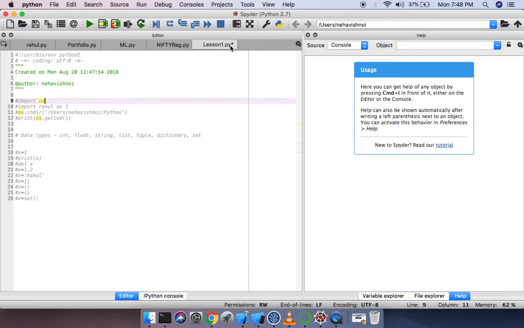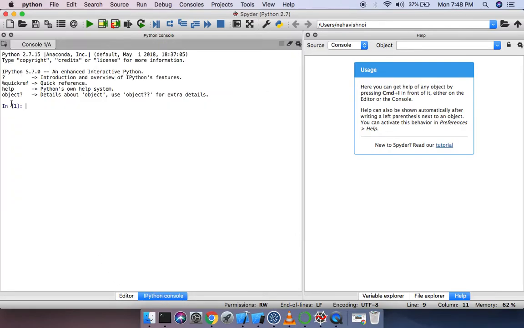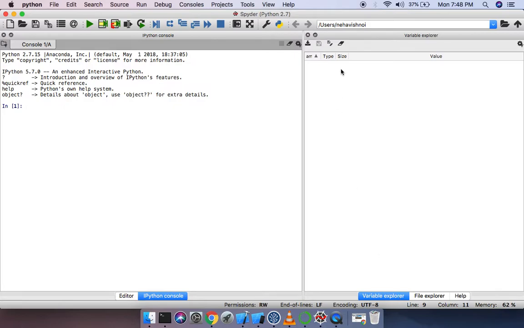All the Python files are saved with the extension .py, and in this you have an editor and a console. This shows that no command has been typed till now. There is a variable explorer where you can see all the variables that come in. Suppose I type x equal to 1, you will see a variable that has been created. Now if you want to delete this variable, you can just say del x,